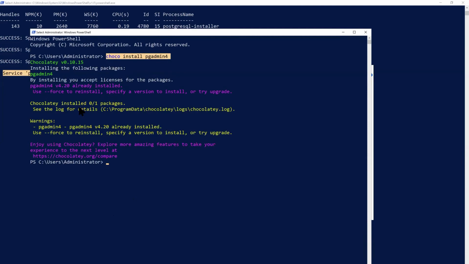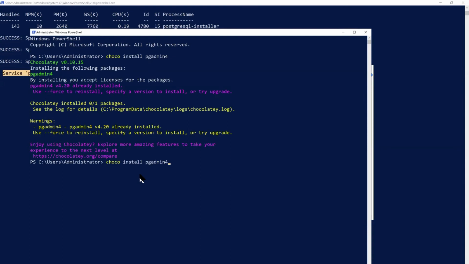I have already installed it, and that's the reason it is throwing a warning, right? Here you can see the warning message, pgadmin4 already installed.